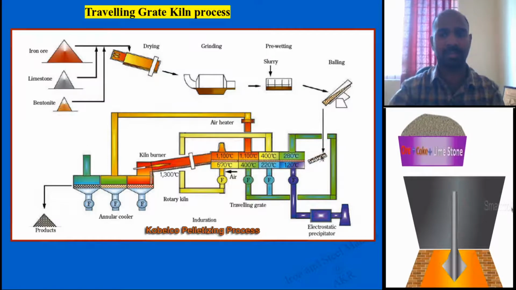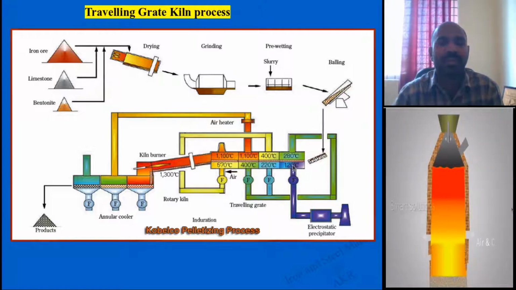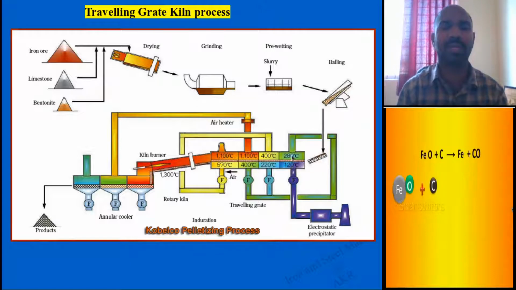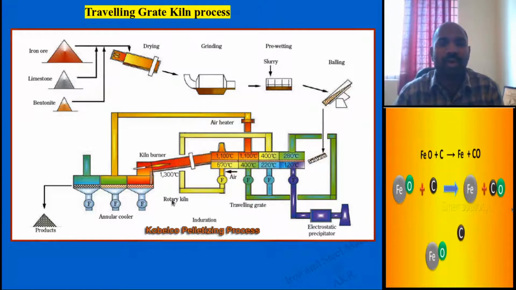These green pellets are fed into this entry level, which has very low temperature. It is subjected to a preheating process. After preheating it moves to this grate, which looks like a gate, and it has two sections side by side: on this side the lower temperature zone, and on the other side the higher temperature zone. It varies in temperature. Initially it is preheated in this zone and in this chamber, and it is moved to the next chamber. Finally it is moved to the constantly maintained rotary kiln.